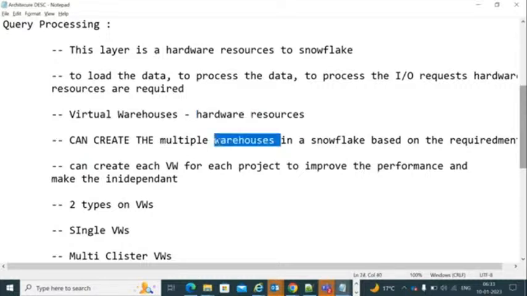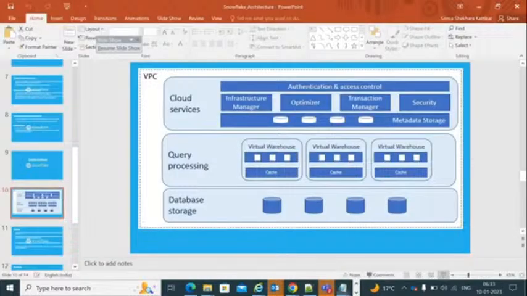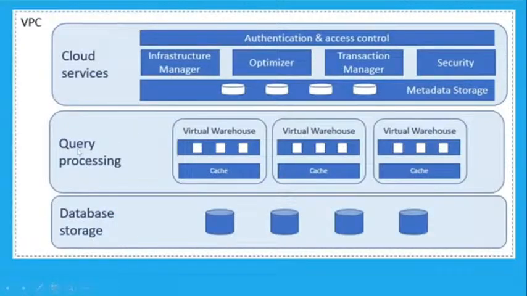See here, till here you are clear? I will tell you. This query processing layer is a virtual warehouse, which is a compute layer, and these are hardware resources to your Snowflake. They will be required to process all the requests in your Snowflake. The requests are either you submitting your workloads or queries,